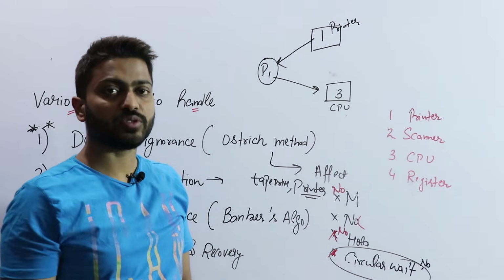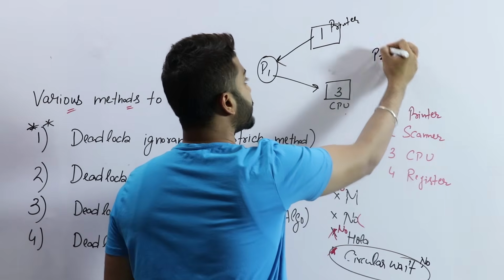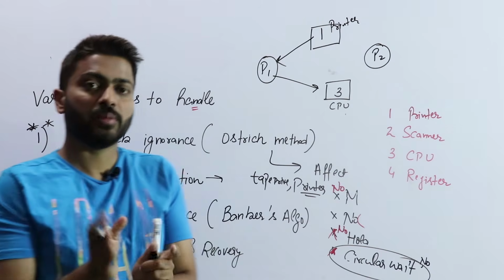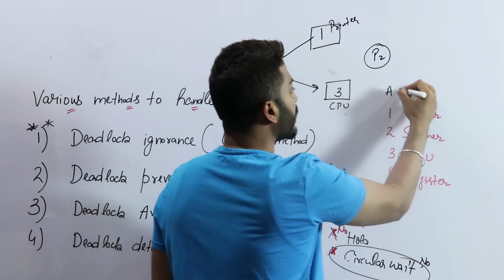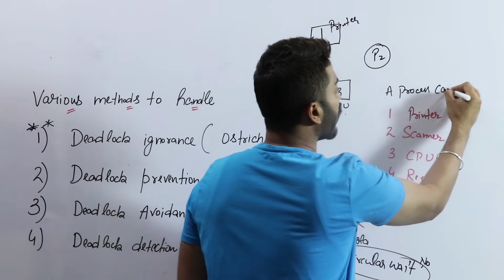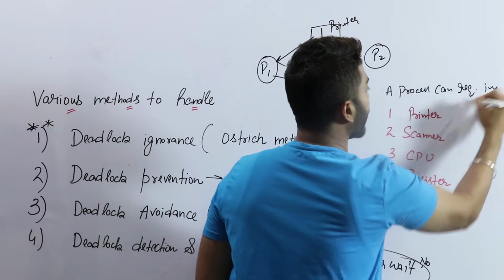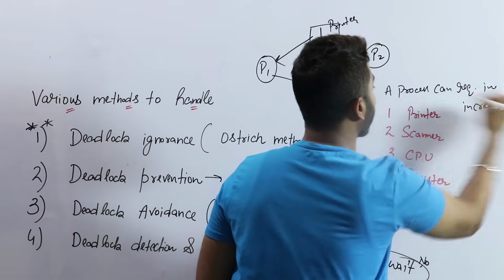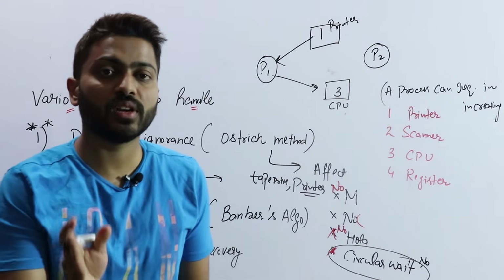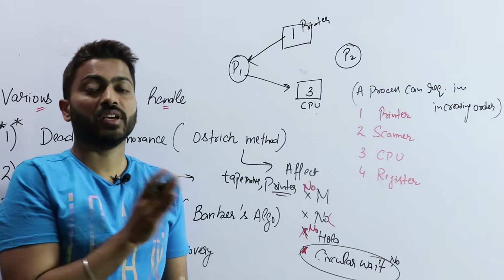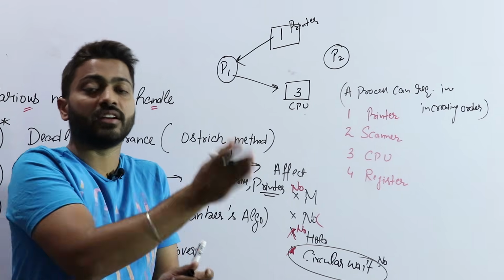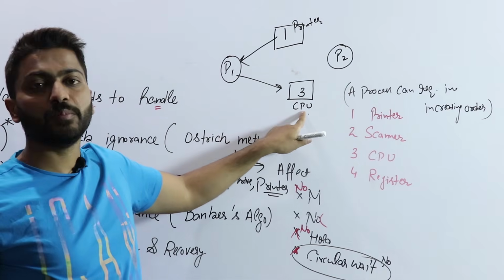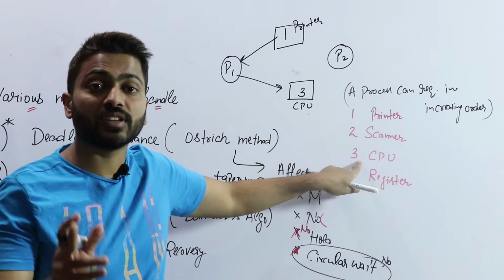Now if another process comes, let's say P2 comes. The main line is: a process can request in increasing order. This is the simple meaning. A process can request only in increasing order. Means if the order is increasing, then only it can request. So if P2 comes and says I need CPU, resource number 3,